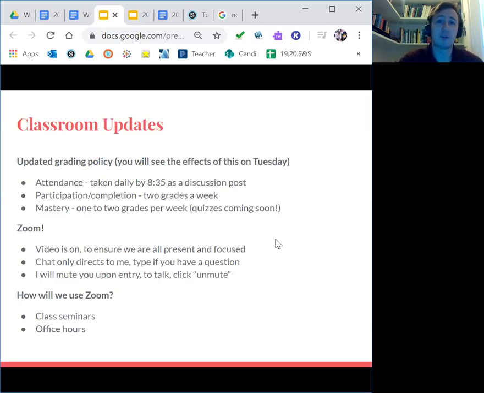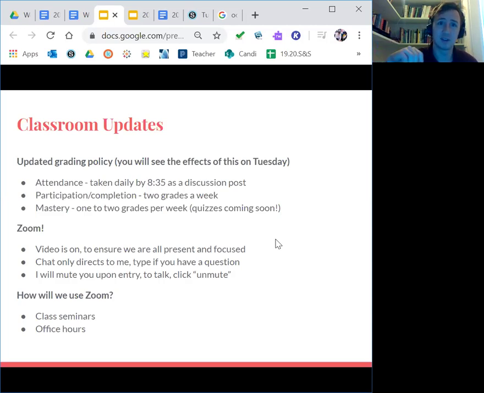So one of the things that's going to happen is every single Schoology folder will have an attendance assignment labeled attendance that also has a set timeline to be done. You saw that today in the discussion post for English. For English, every day moving forward, it will be a discussion post. Sometimes it'll just be a silly question so we can build community and feel like we're together, as if it's talking in the hallway. Sometimes it'll be based on what we did the day before to prime the pump and get us thinking. But overall, this is just how we're checking who's here and who's here on time, ready to go. So please make sure you always log in and get that discussion post done.